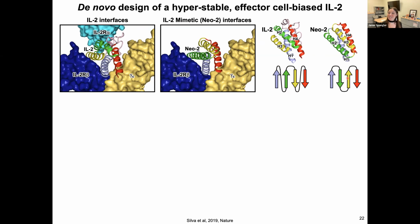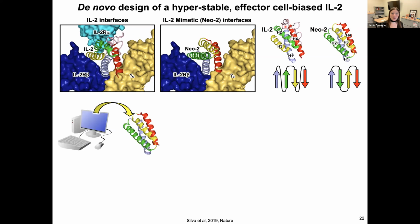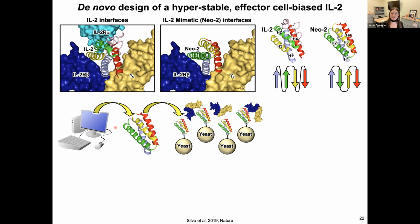Sort of alternating between the different directionalities of our secondary structure and our helices, so that we can get those nice short connectors and ultimately get rid of a lot of that extraneous spaghetti that could be destabilizing or manipulating the protein in other ways. So what we did in collaboration with the Baker Lab is they popped out a bunch of designs computationally, and then we put them into